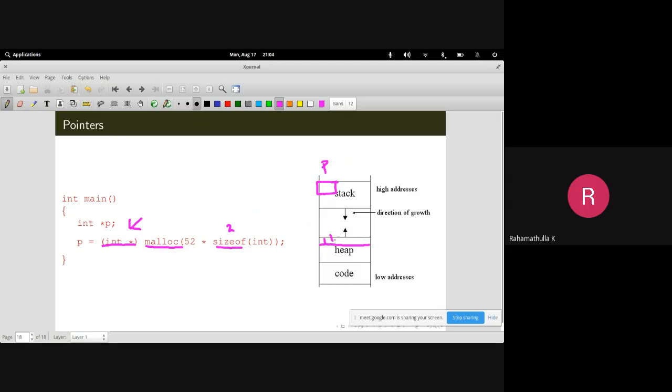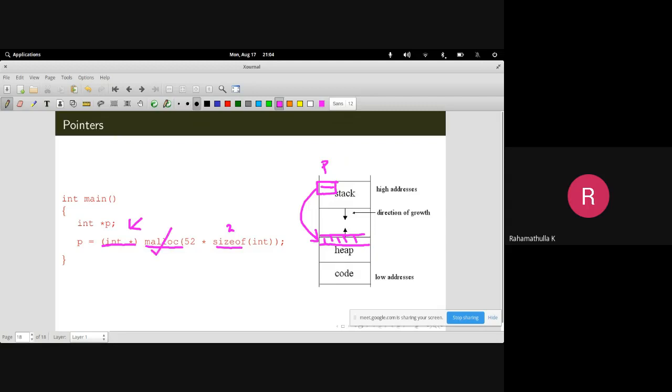So these 52 integers are stored here, and this data is the very first address of this section. Once you issue this command, malloc 52 times the size of int, it will be returning you the address of the first element of the 52 integers. So 52 into 2 bytes, that many memory locations, and that memory location will be stored here.